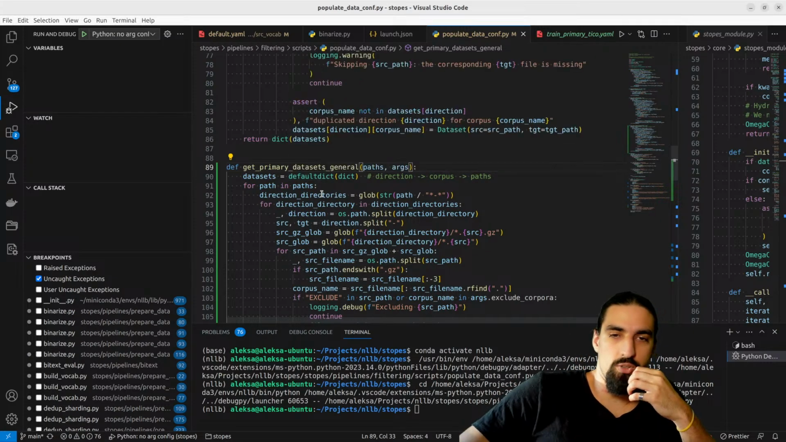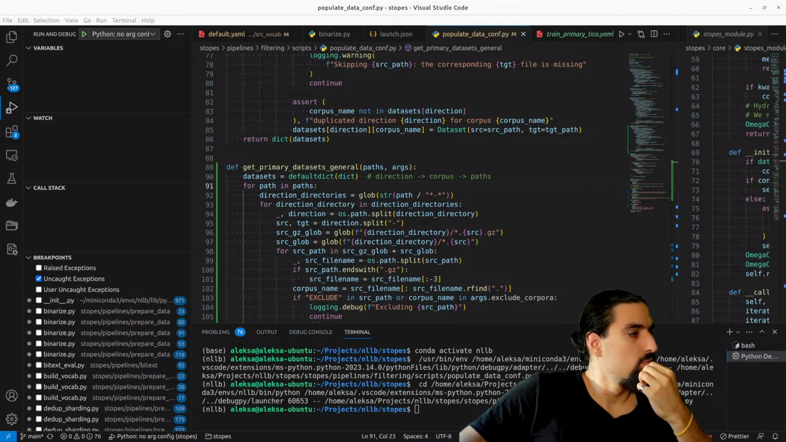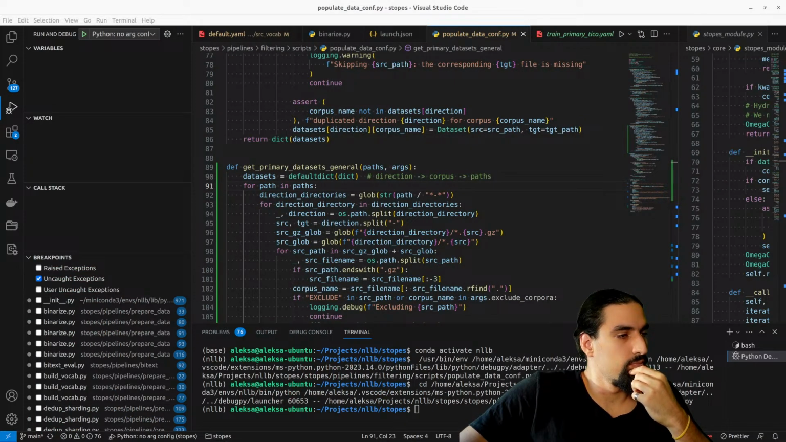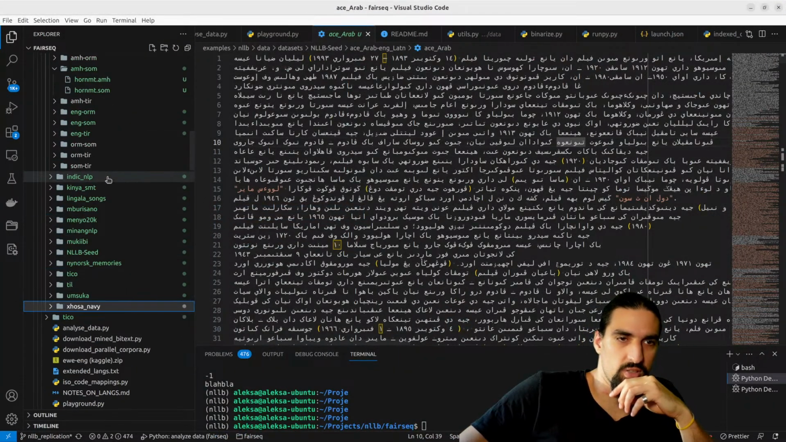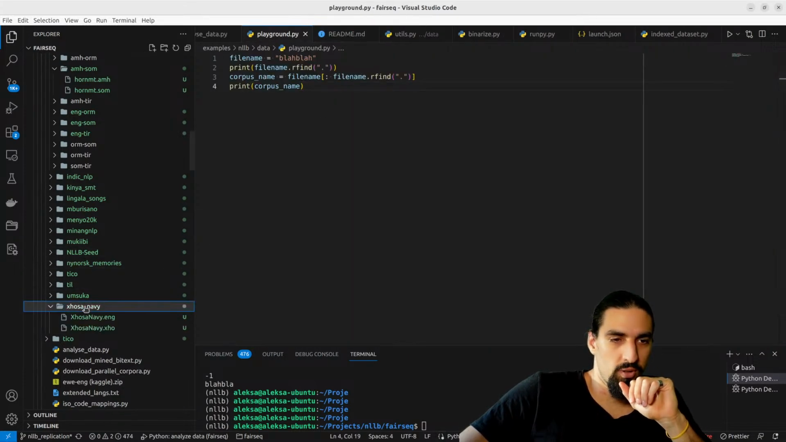Okay, so here we specify... let's quickly go through this once more and see the structure of our data. So this one has